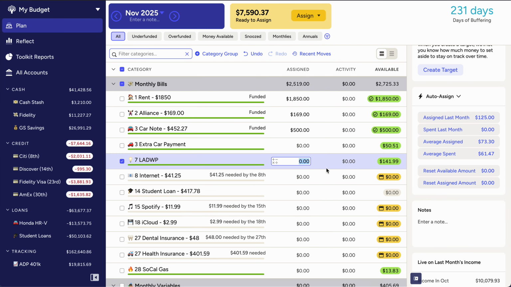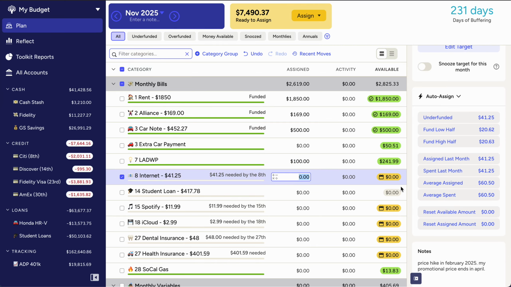Okay, DWP. I feel like I paid it recently. I guess that payment hasn't been processed yet, but I'm pretty sure I paid it recently. I assigned $125 last month. I'm just gonna assign $100. This month I pay